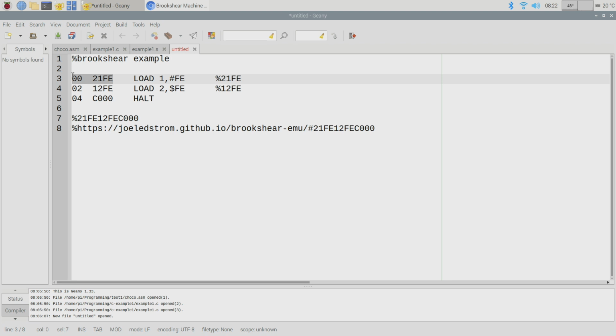Because you don't know what the addresses are going to be, and there's no point in translating each instruction into machine code until you're finished, right? So do that part last, and then the very, very last thing is, of course, this step here, to load it into the emulator. And all that's going to do, obviously, is check to make sure that it actually works. So, yeah. Good? Okay. What other questions do you guys have about the Brookshear stuff?